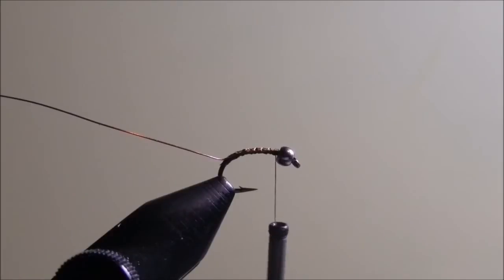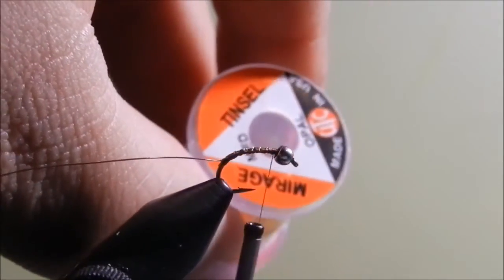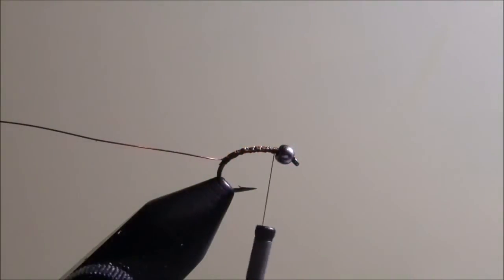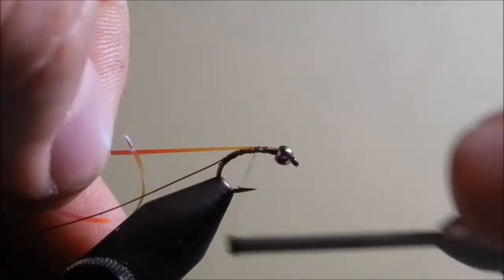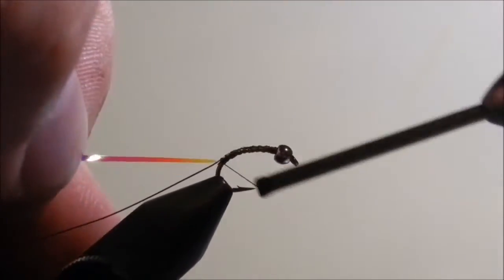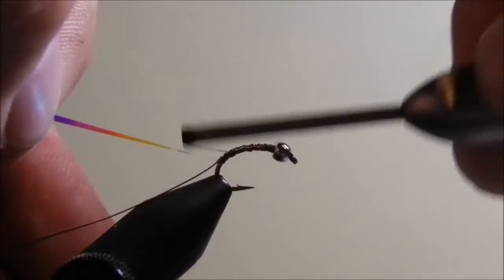Very magical material for me is the UTC Mirage Tinsel. Love this stuff. Creates a very good hotspot for the fish to see. Very reflective, so we're going to grab a piece of that in medium. If you're doing bigger nymphs, you would use large, or if smaller, there's a small size. So we're going to tie it directly on top of the shank, so that way when we pull it over, it's kind of creating a shell back. So I'll secure everything in there